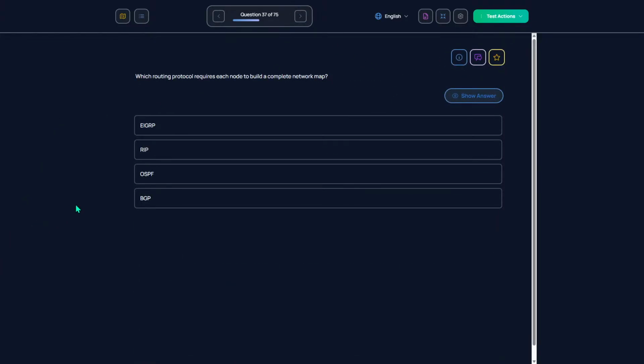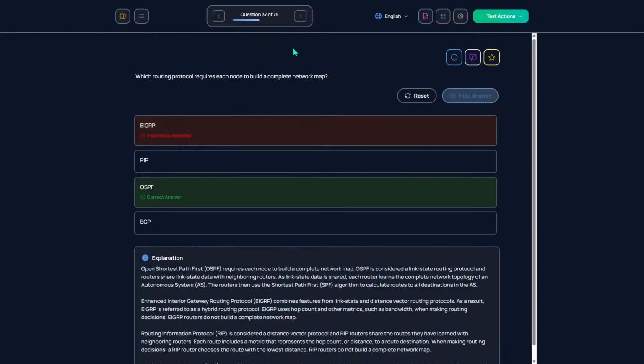Which routing protocol requires each node to build a complete network map? Oh, this one I have no clue. Okay, why is it Open Shortest Path First?